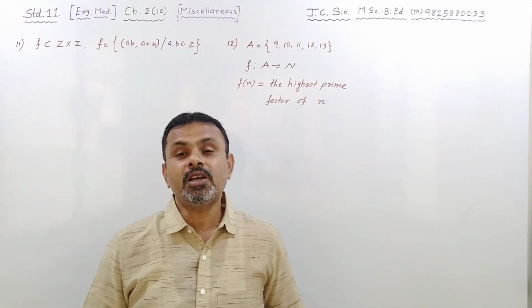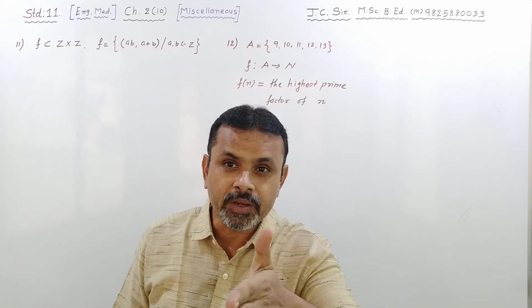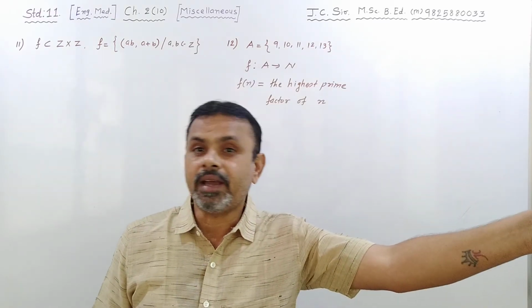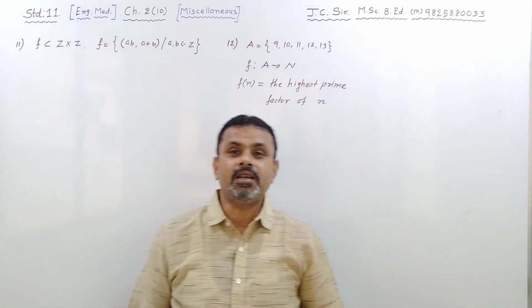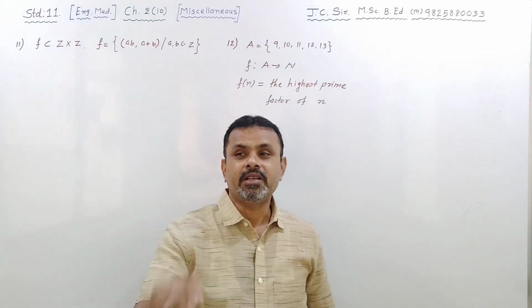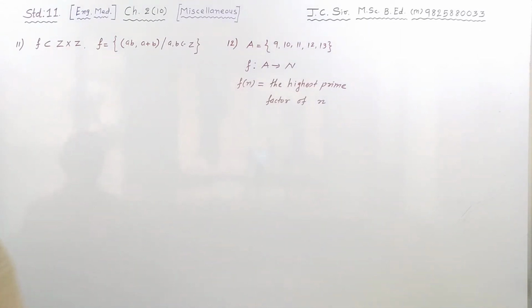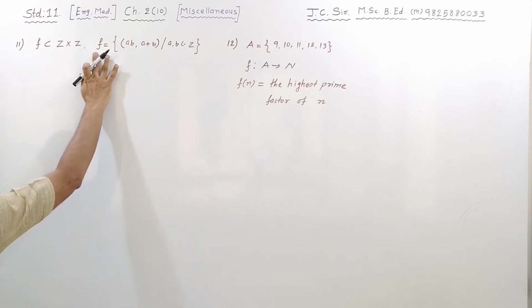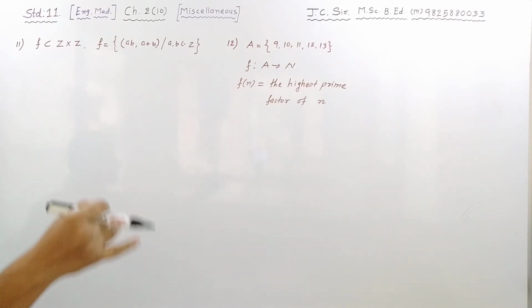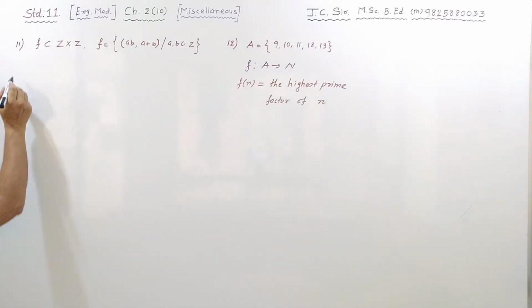भाई function के लिए क्या होना चाहिए? We know that for all the elements of domain there should be unique element, there should be unique image in codomain. और अगर ऐसा है then we can say it is a function, otherwise not. Right? So let me see. It is element of F. Right? तो अगर एक से ज्यादा images मिल गई, we will say it is not a function. For that, taking